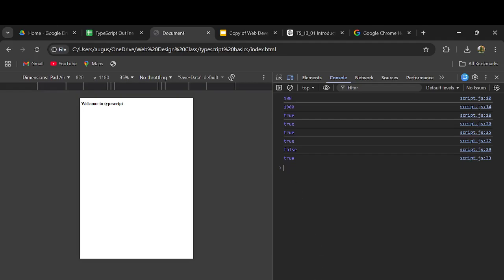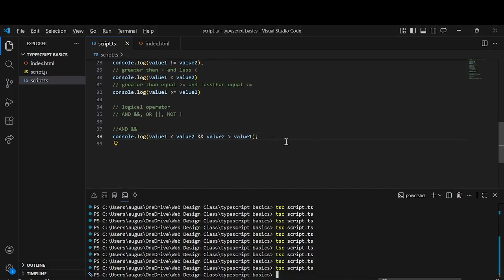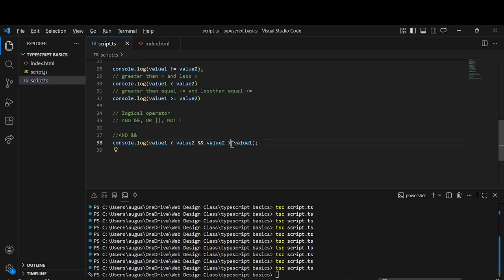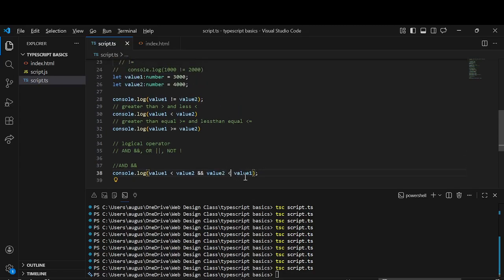So let's say one of them is false. Let's come here and make sure that one of the operand sides is false. So we'll come here and say value 2 is 4,000, and that is less than 3,000. Value 1 is 3,000, which is this. You know this is false. So if you run this now,